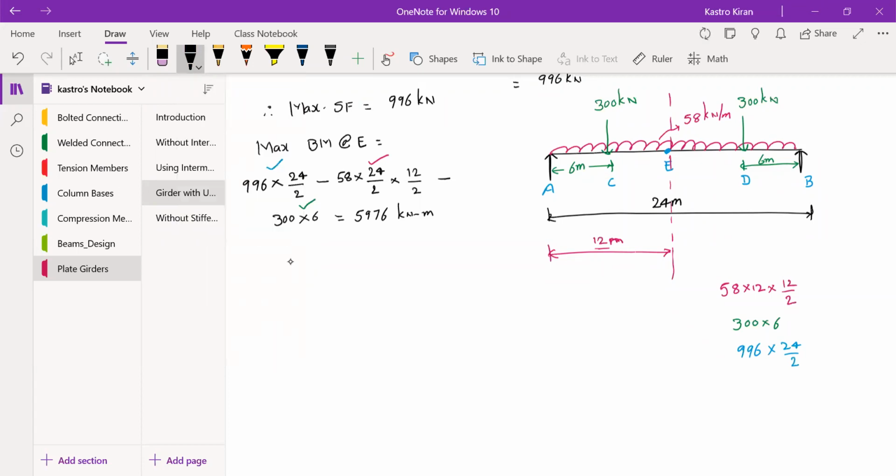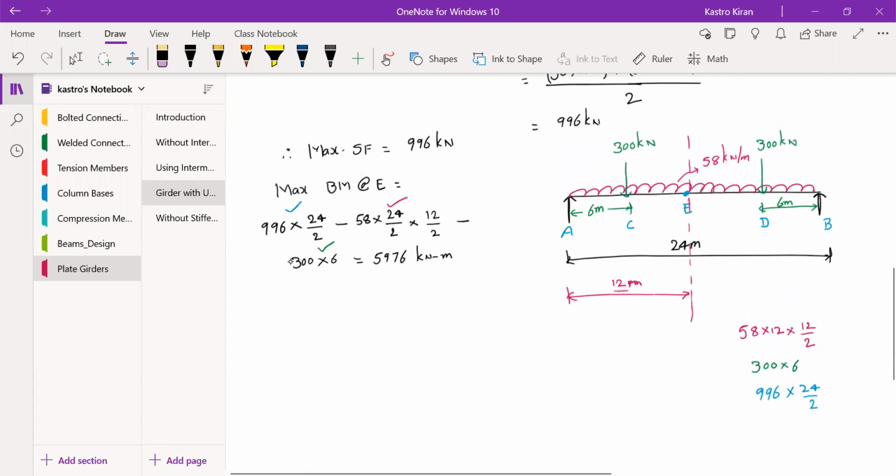Okay, so you can also find out the bending moment at A. If you go to the strength of materials concept, you can find out the bending moment at each and every point. That is bending moment at A, bending moment at C, E, D, and B. And then from these 5 values, you can get the maximum bending moment. This process takes some time. Since it is a time consuming process, you can use this method in order to find out directly the maximum bending moment. So this process can be adopted to find out the maximum bending moment as well as the maximum shear forces. I hope it is clear for all of you.